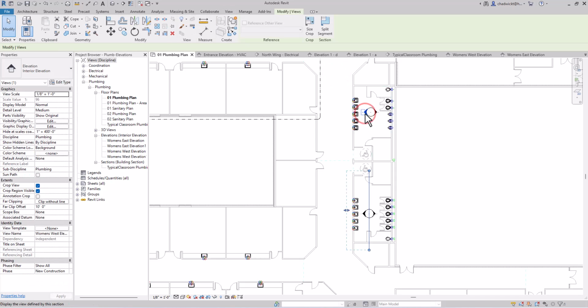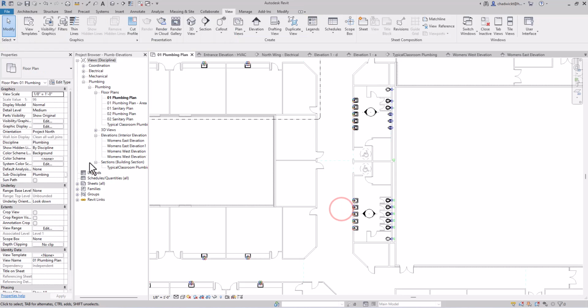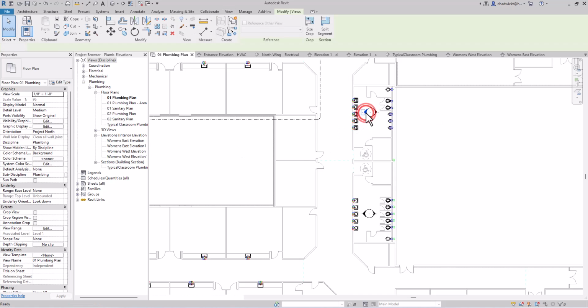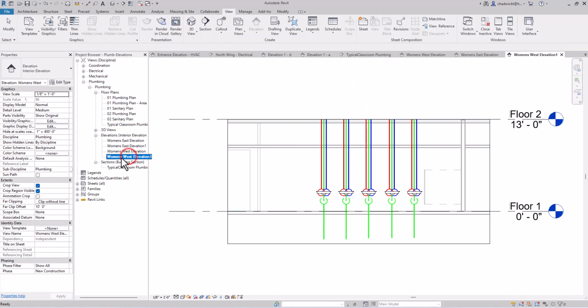I can click on the triangles though, and you can see that the views are still looking down there in the women's room. So I do need to go ahead and drag these lines up and adjust them as needed. I can see that the views were categorized correctly since they were based off of the other ones. I just simply need to go ahead and rename them. So this would now be the men's west elevation, and then the men's east elevation. I also want to get rid of that one that was added at the end of those as well.